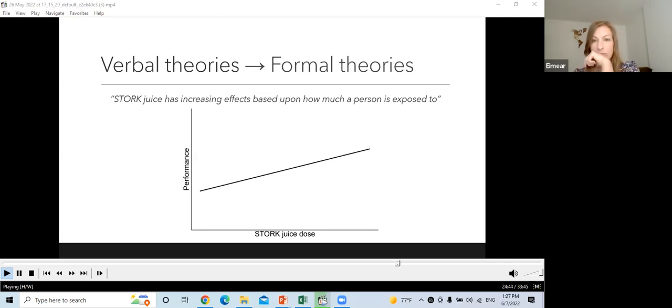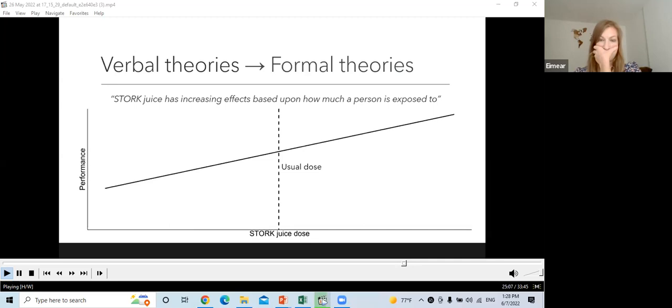Now, let's say, for example, we've had these studies that have found this sort of effect. If we've got placebo on the left-hand side of the x-axis and on the right-hand side is the usual dose, the magnitude of change, that is to say the slope between placebo and that dose of stork juice, is roughly that effect. This model might deductively entail that if we doubled the dose, we would see double the performance effect. So we can think about how plausible that is and whether it's a model that we want to use to potentially design studies and test, whether it sounds like a plausible explanation and worth exploring.